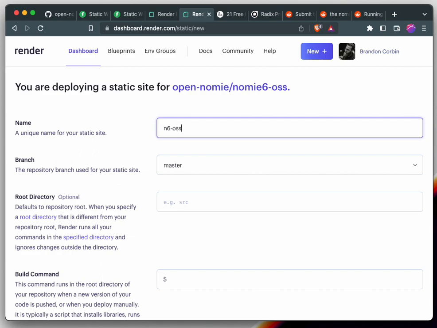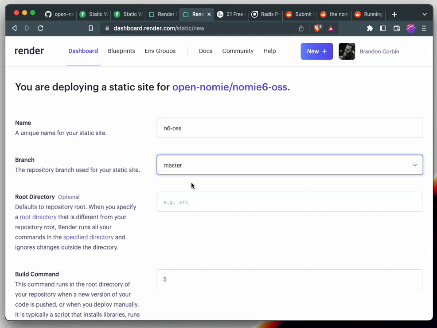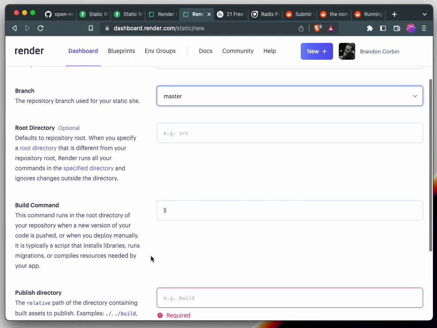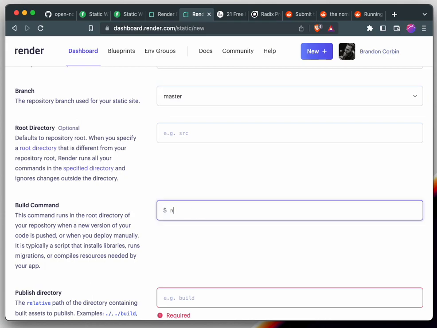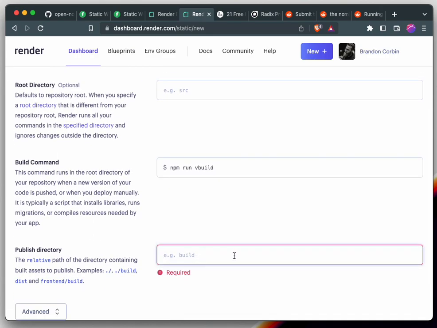say N6OSS. You're going to have to do something unique. The branch we're going to pick is master. The root directory you're going to leave blank. The build command is going to be npm run vbuild. And make sure you got your v in there. And then the public directory is going to be